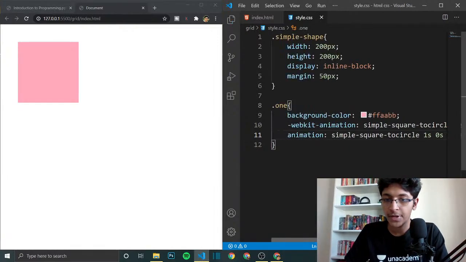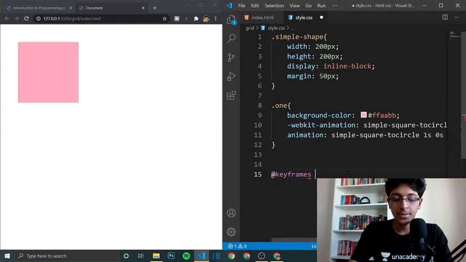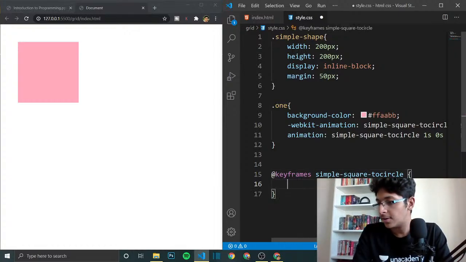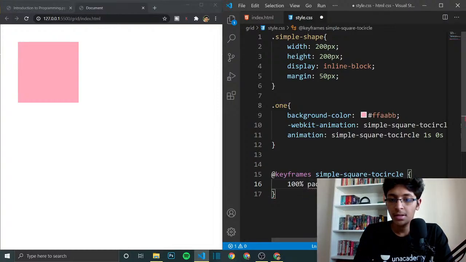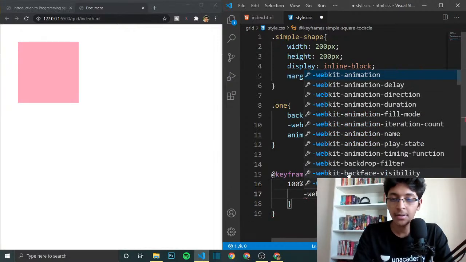Nothing would happen because we need to actually define what this would be. So I can just create a very simple add keyframes. I'll call this simple square to circle. And over here, what I'll do is say at 100%, this is what I want it to be like. So I'll just say WebKit